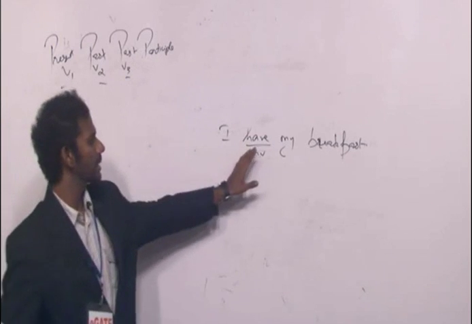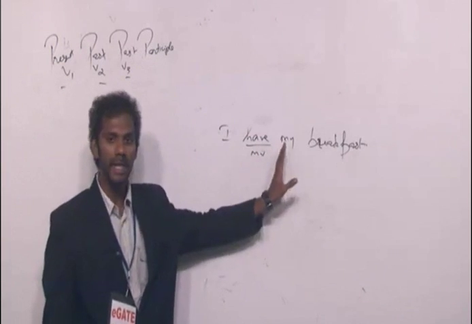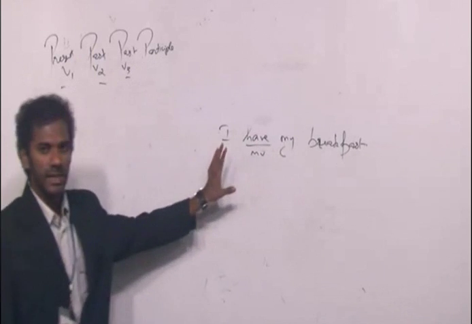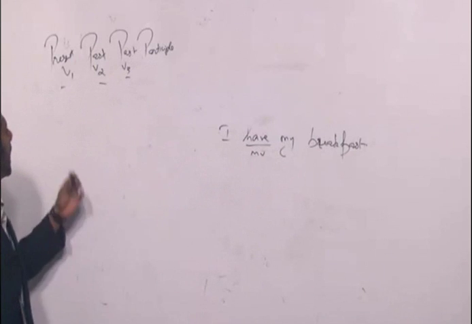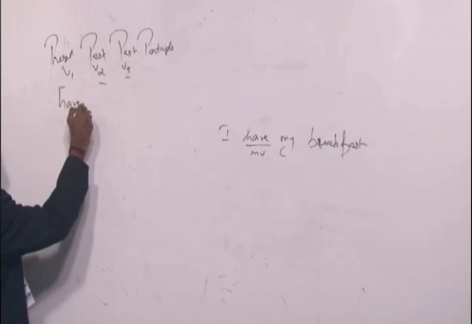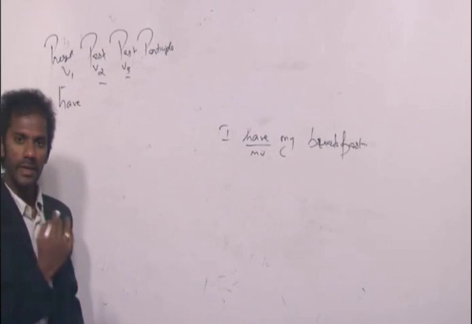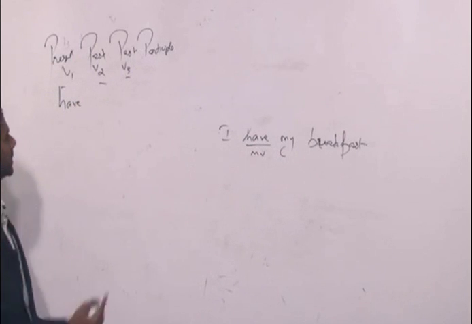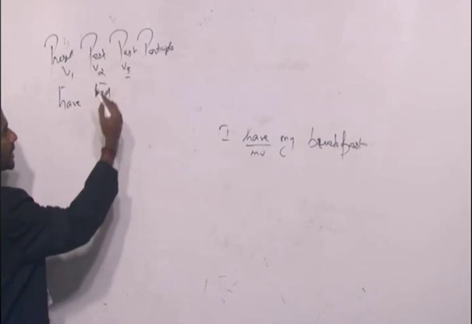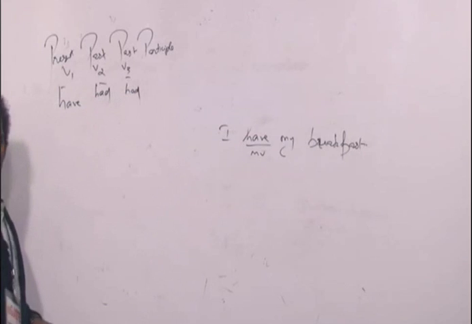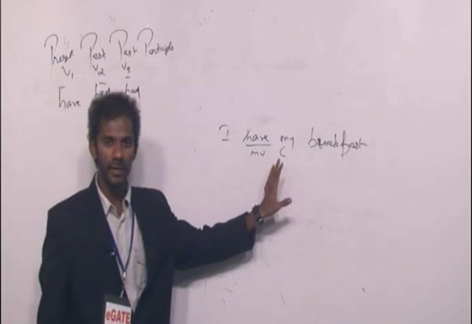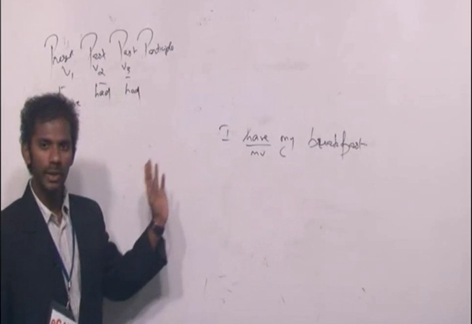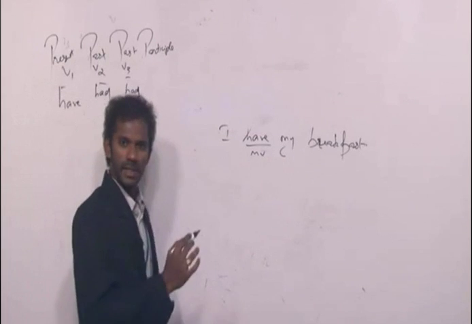Now in this sentence, have is a main verb, because we don't have any main verb after have. Clear? So have is a main verb. So have needs to have three forms, V1, V2 and V3. Have is V1, right? What is the V2 of have? Had. V3 is also had. So it is have, had, had. Clear? Have is a main verb here. Now write down the order of this sentence. Now tell me this first.